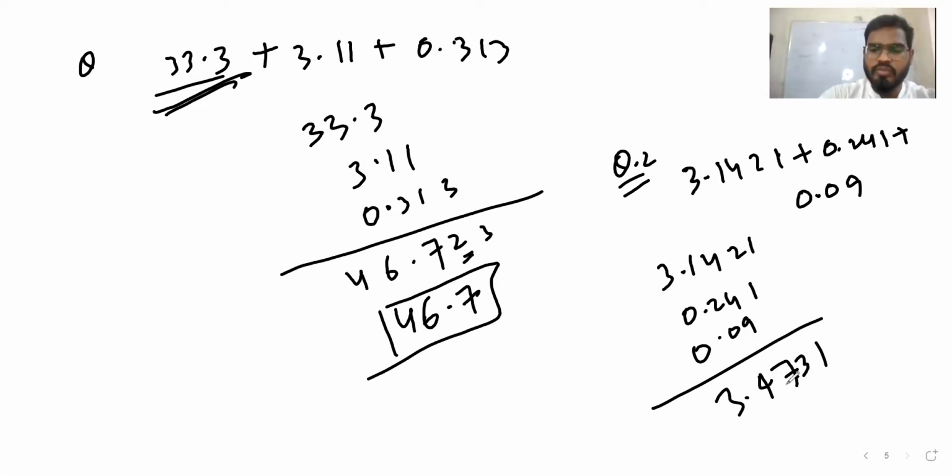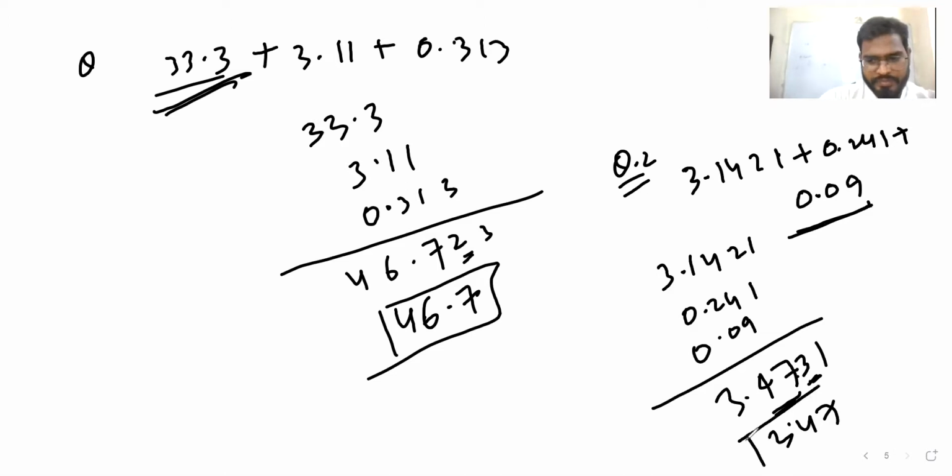So how many decimal places do we need? The minimum is 2, right? We need till here. So let's see till here. The next digit is less than 5. Less than 5 means it is going to be 7 only. So 3.47. Hope you guys got it. Understood, no? After that you check whether it is greater or less, and then you can decide from that.